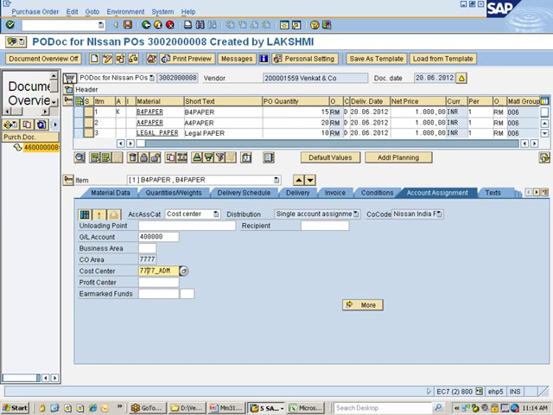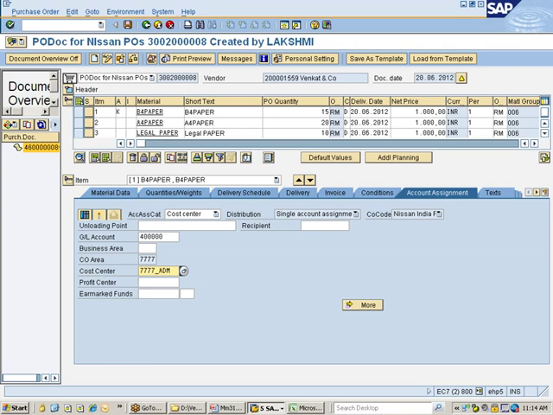From plant, your system determines the valuation area, and for each valuation area there is something called a valuation grouping code. So the valuation grouping code is another parameter, let's say parameter number 2, along with valuation class. And because you know the valuation area, which is nothing but your plant or company code, for the company code you have the chart of accounts assigned. So the chart of accounts is parameter number 3, which determines the account. Along with this,